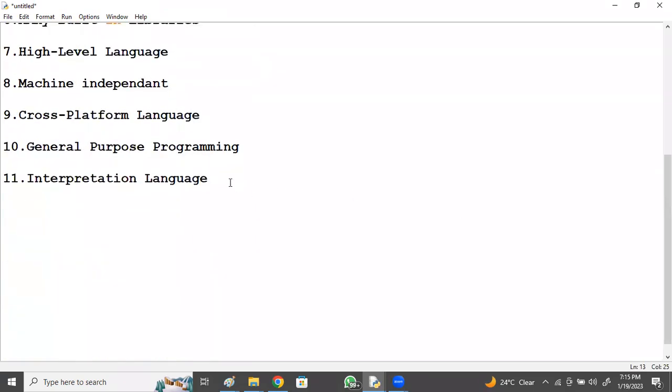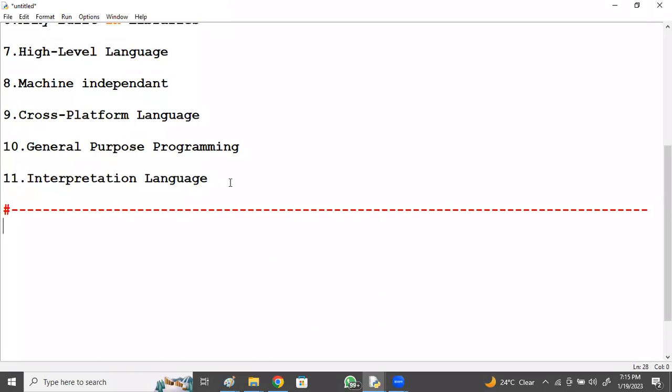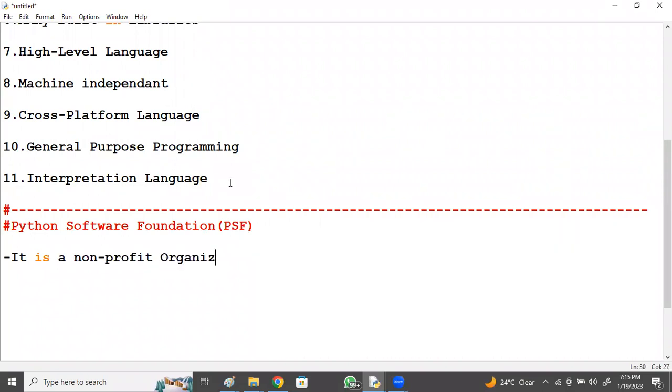Before we go on, I need to discuss something about the PSF, the Python Software Foundation. It is a non-profit organization devoted towards the Python community.